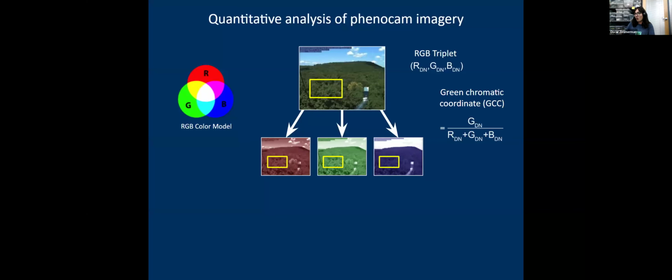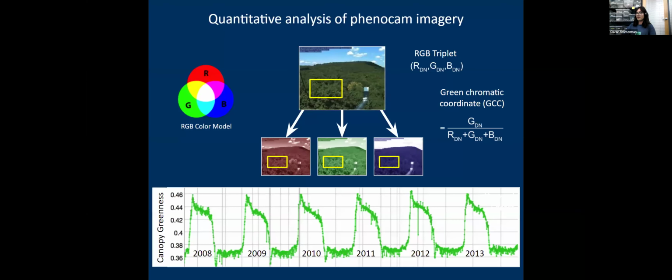The green chromatic coordinate is a color-based index that is widely used for phenological assessment from PhenoCam pictures, and it's basically the relative greenness of the image calculated from the RGB triplet. So on the bottom here, this graph shows the change in the green chromatic coordinate, or the canopy greenness, over 6 years, 6 full annual cycles at the Harvard